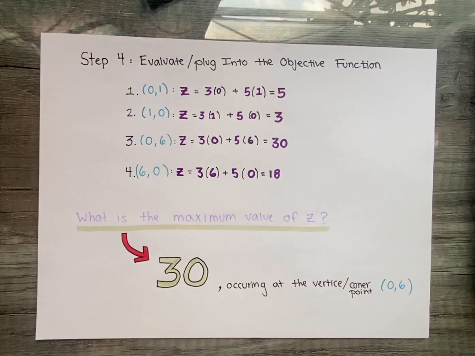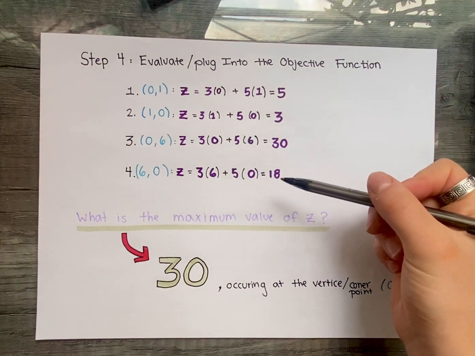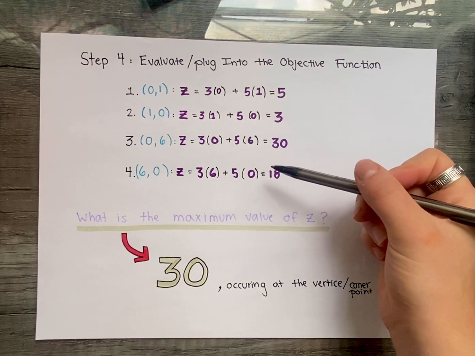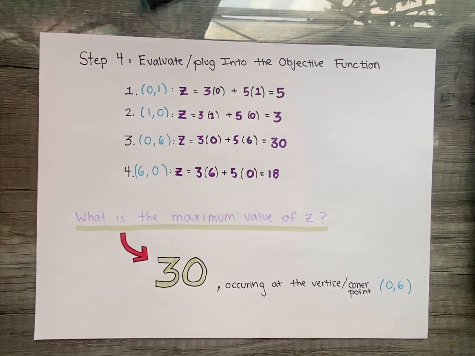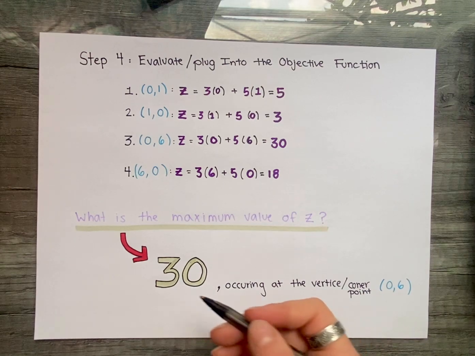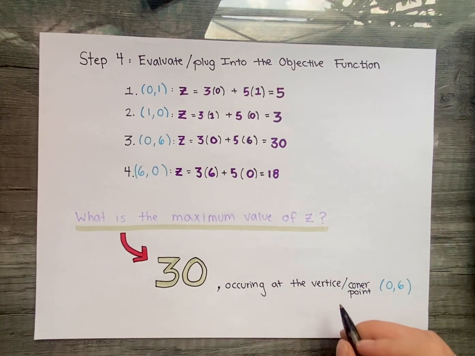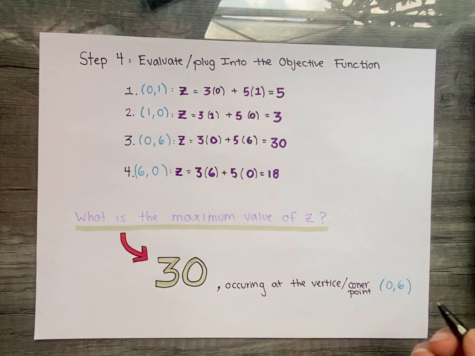In our original problem, it was asking us to find the maximum value of the objective function subject to the constraints that were given. So with that in mind, when we look at these numbers, the biggest one is number 3, 30. So the maximum value of z is thus 30, occurring at the vertex point, or our corner point, 0, 6. And that is how we can solve a linear programming problem